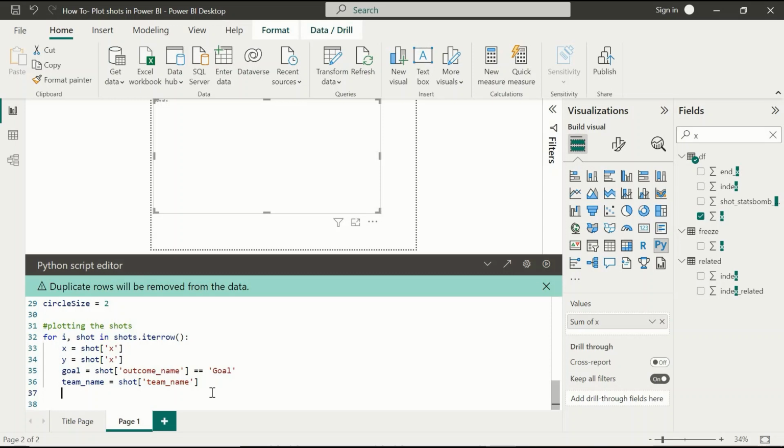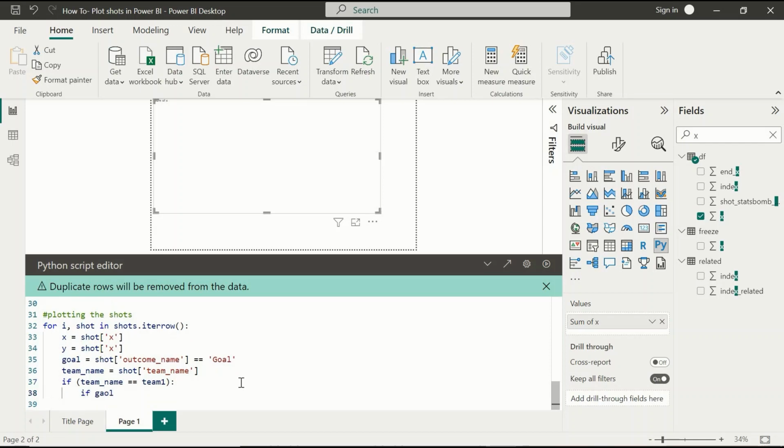So I'll start with if team name is team one, we're going to use the comparison team one, right? Don't forget your colon. You don't want to forget that. If this condition is met, the next thing it's going to do is check if it's a